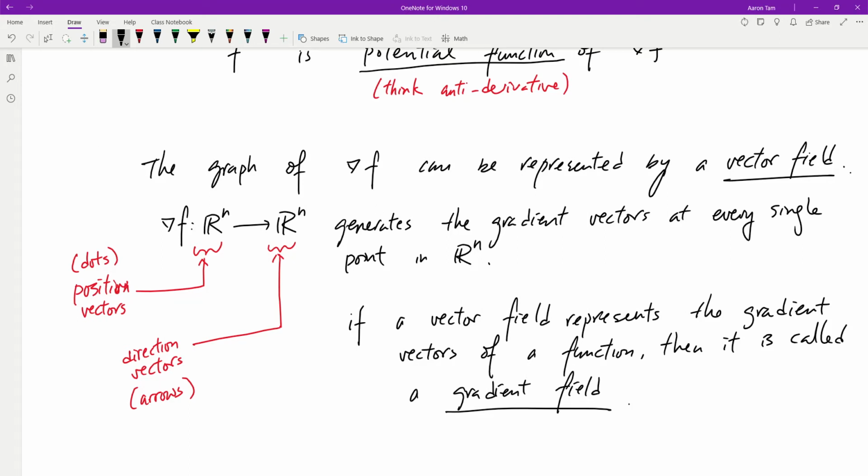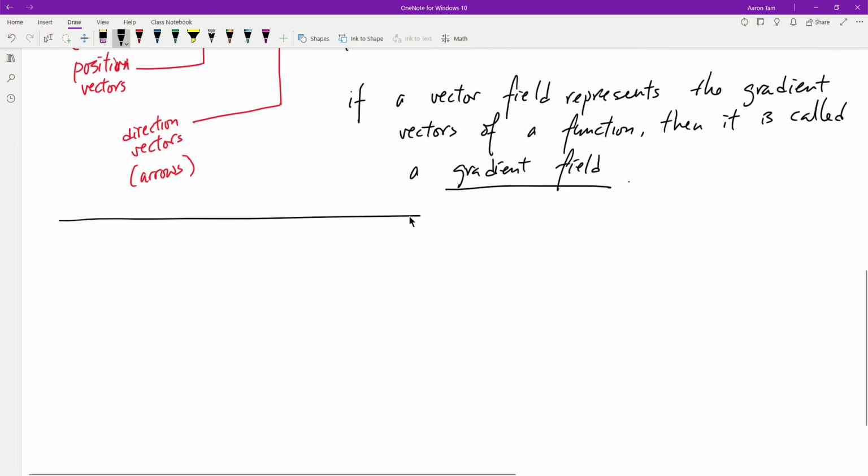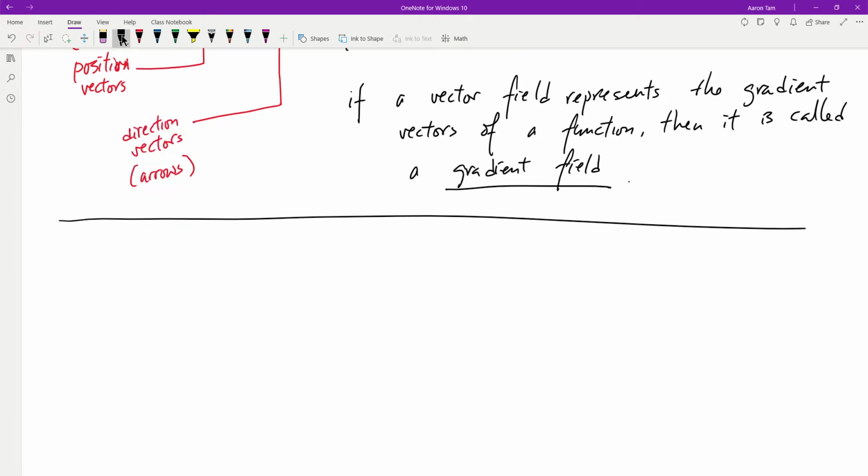So I guess the best way is to actually look at one and see how that works. To generate a gradient field is very similar to generating a slope field. What I require you to do is nothing more than to draw out a graph, not with a lot of points. Most likely it will be similar to what you learned in BC calculus. I'll probably do either 9 or 25 points, depending on how big I want you to generate a field. And you are not expected to generate something extremely accurate, but accurate enough that